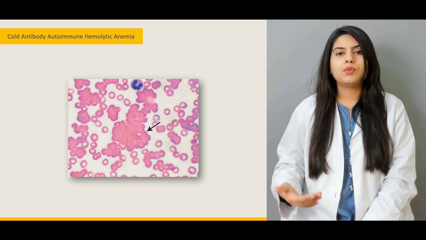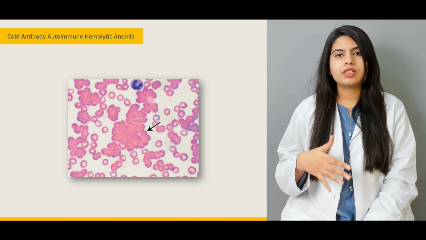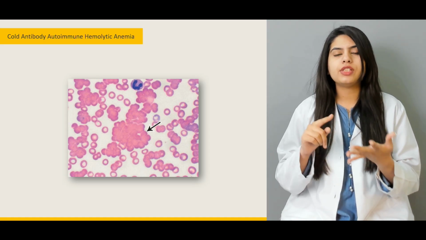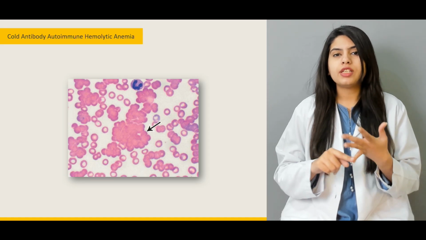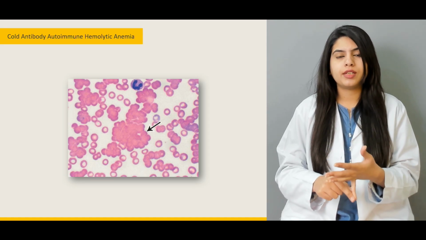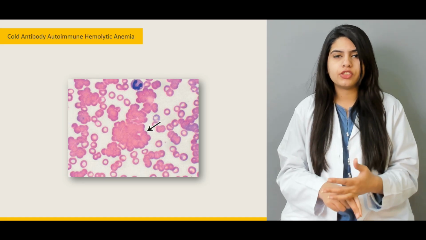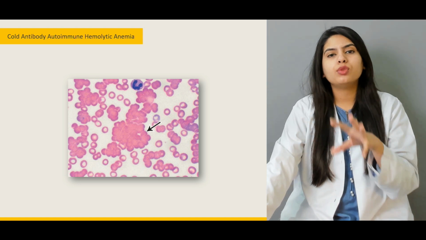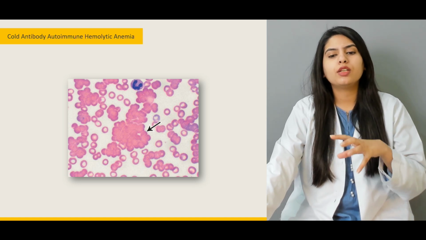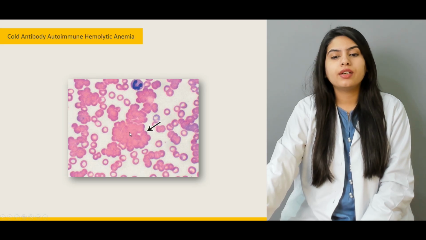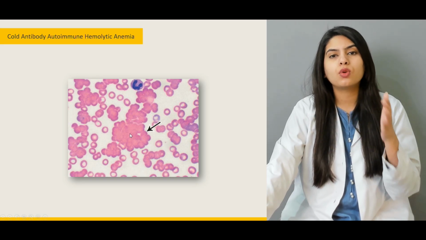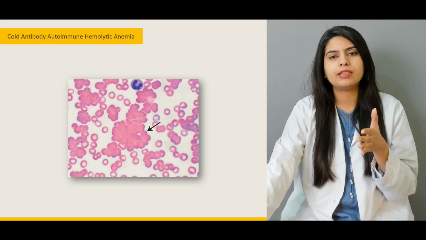Now, when the temperature is decreased at the periphery, IgG and IgM antibodies are produced. IgM are the major antibodies that are produced in such patients, and they will bind to these red blood cells and cause agglutination of the red blood cells. Now here, if you look at these red blood cells taken from the patient who is suffering from cold autoimmune hemolytic anemia,